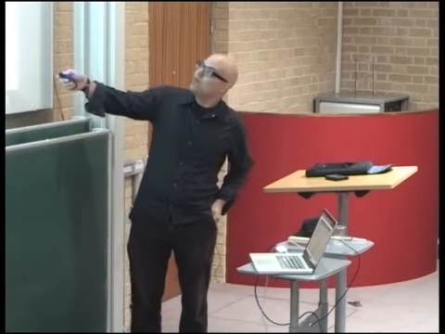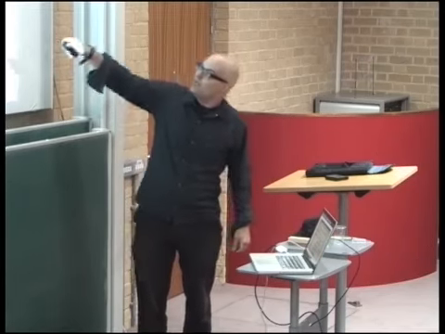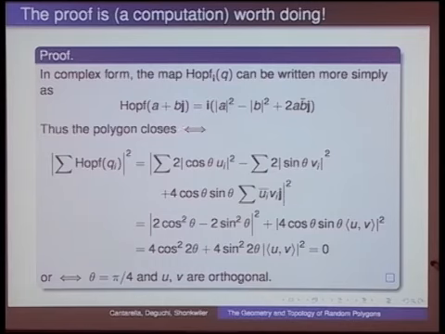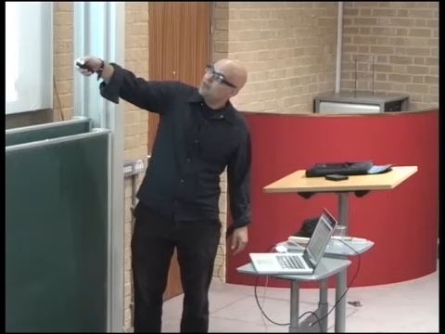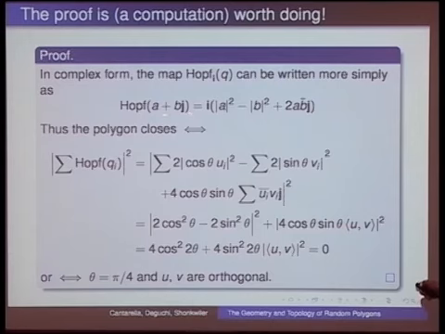Okay, so why? Well, it's a calculation. If you look at the Hopf map written in this complex form, what you get is that the i component of the vector is the difference between the norms of these two complex numbers, and the j and k components are the complex product a times b bar. This is just a feature of the 3 quadratic polynomials I wrote down earlier. So if you write this down and sum it over each coordinate,